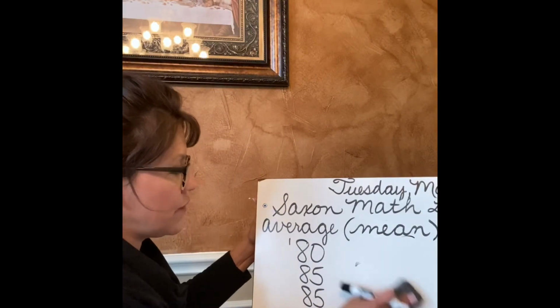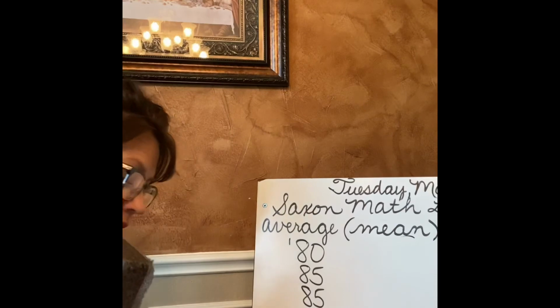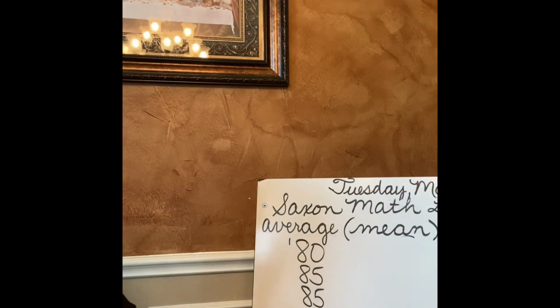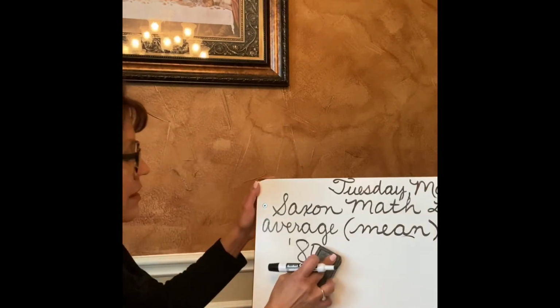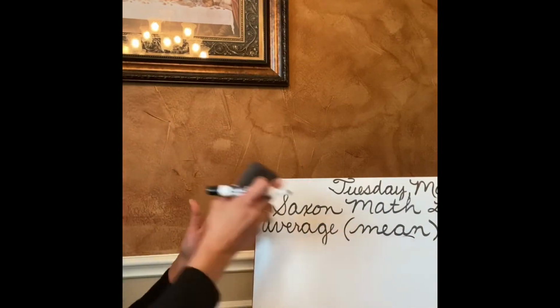And now we're moving on to the median. And the median is the number in the middle, or the average of the two middle numbers, when the numbers are arranged in order of size. So we are going to take these numbers